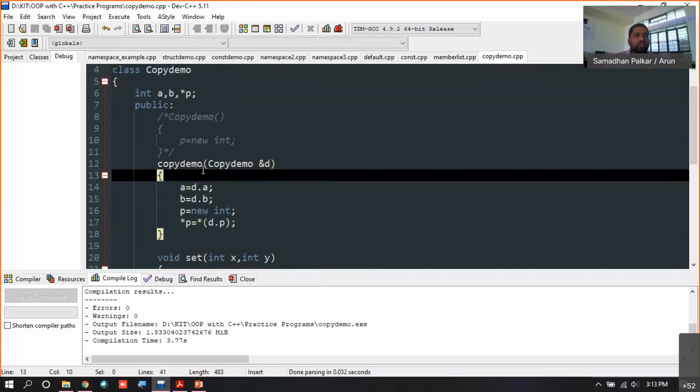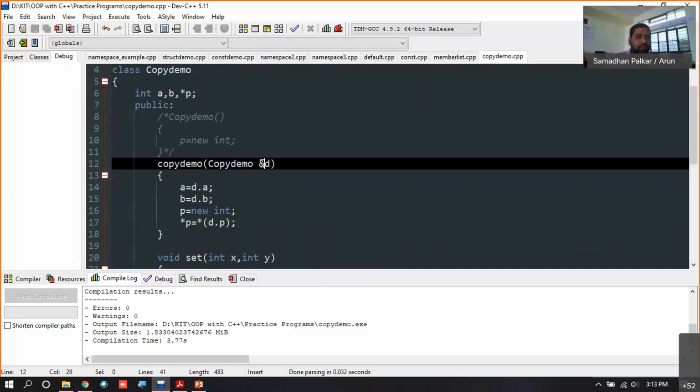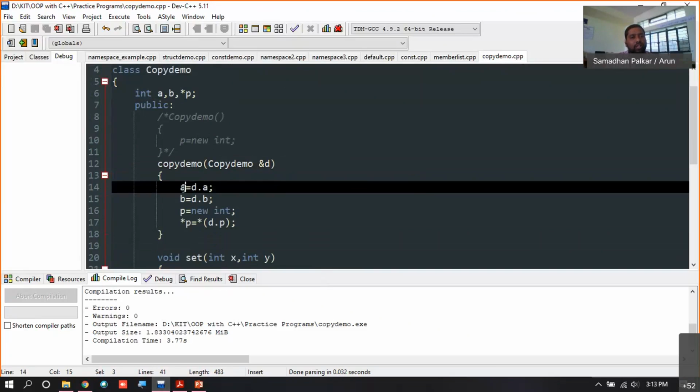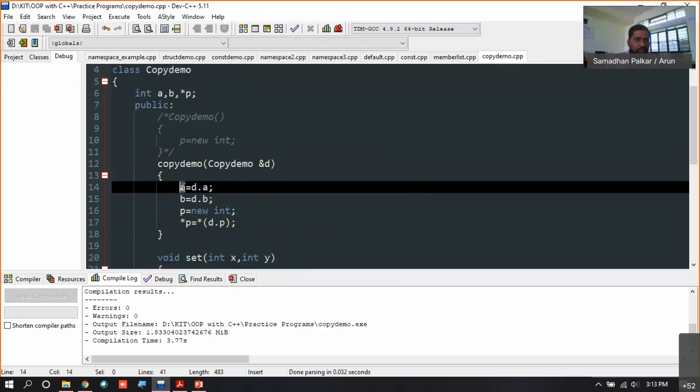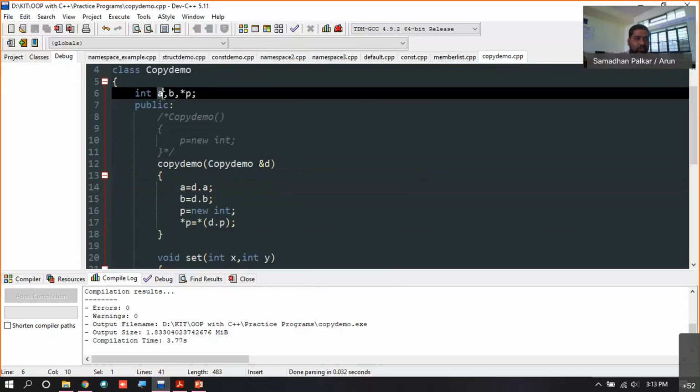D is a reference of this class CopyDemo, and CopyDemo is the copy constructor, wherein whatever data is there we pass to this value. So D.A is the value from this, and A is the value of this class, right? Whatever we have in the already created object, we create a reference and pass it to the newly created object.